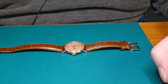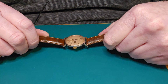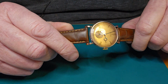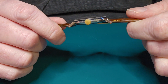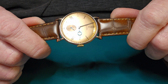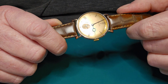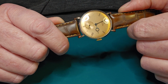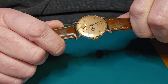Welcome to my review of the Rolex chronometer, circa 1938. Interesting story on this one, but first of all, let me tell you a little bit about the watch. As far as I know, it's been in the family since about 1942, 43. It was my granddad's and got passed down to me. It's had one service in its life, and that was probably in the late 70s. It's still going, still ticks, loses about 2 minutes a day,